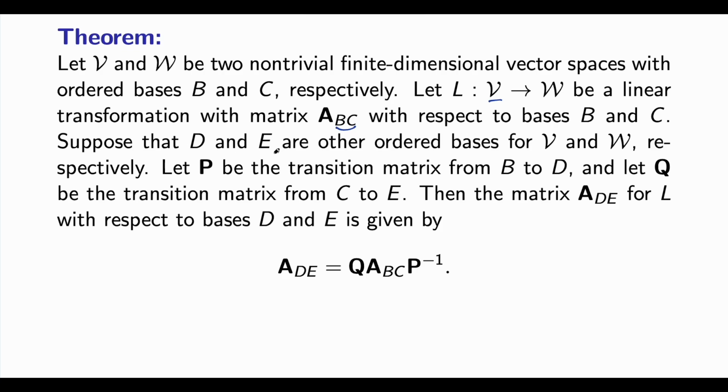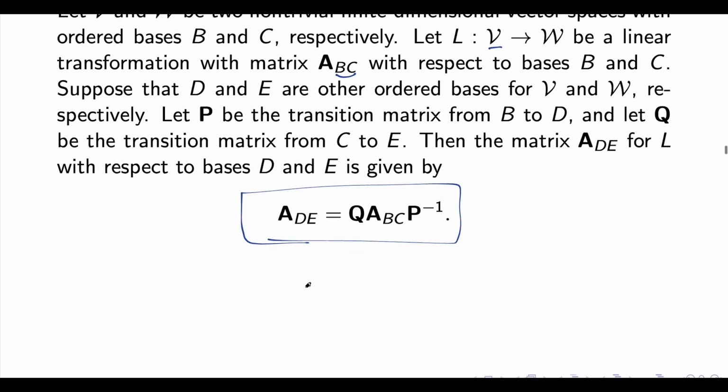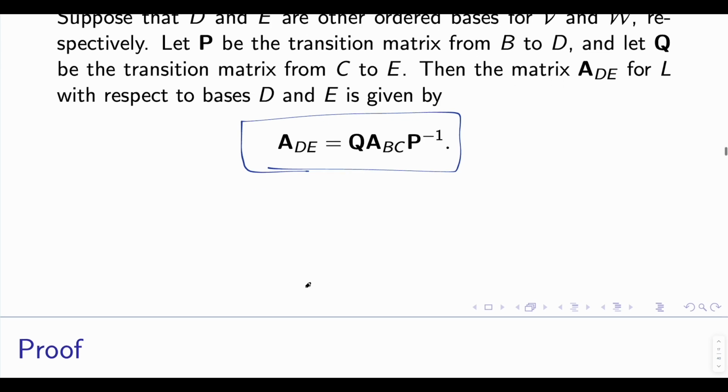And suppose D is another ordered basis for V and W, then P is the transition matrix from B to D, and Q is the transition matrix from C to E. Then A_DE for L with respect to the basis D and E is given by, right? How do we know? If you see,